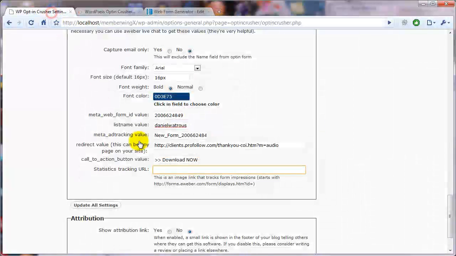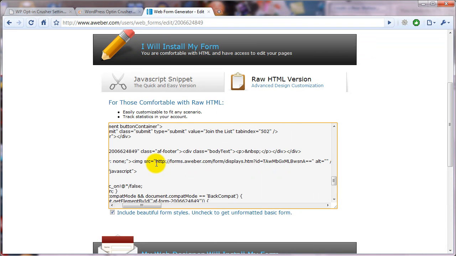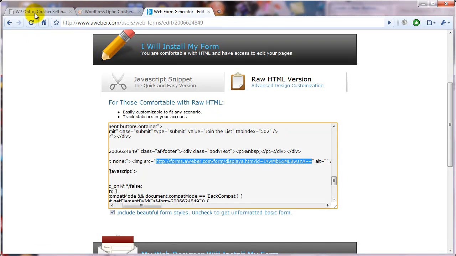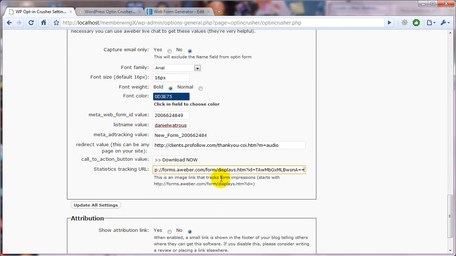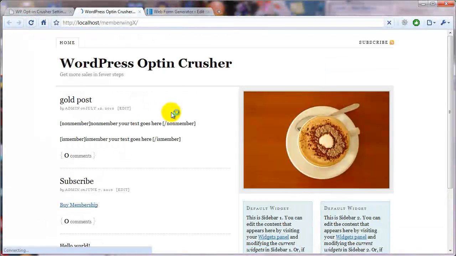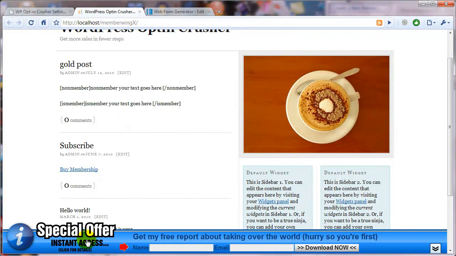Bring that back over to your website. Oops, I must not have copied. Okay, so again, you just select everything there, right click, choose copy, then come back over here and paste that in. And that's it. When you click Update Settings, now each time your opt-in footer shows up, there it goes, it just sent information to Aweber